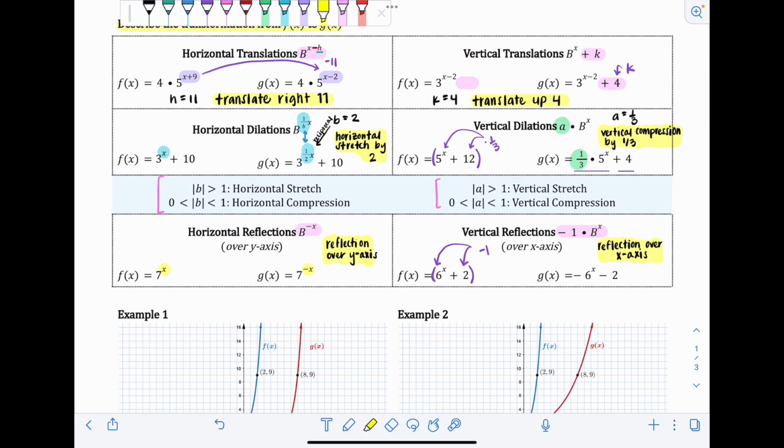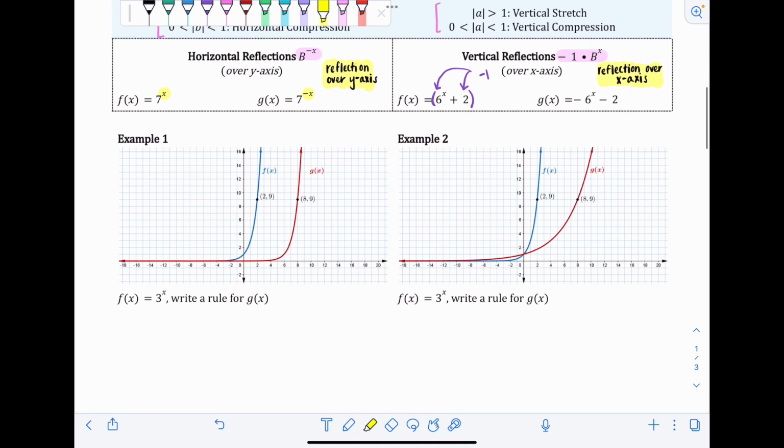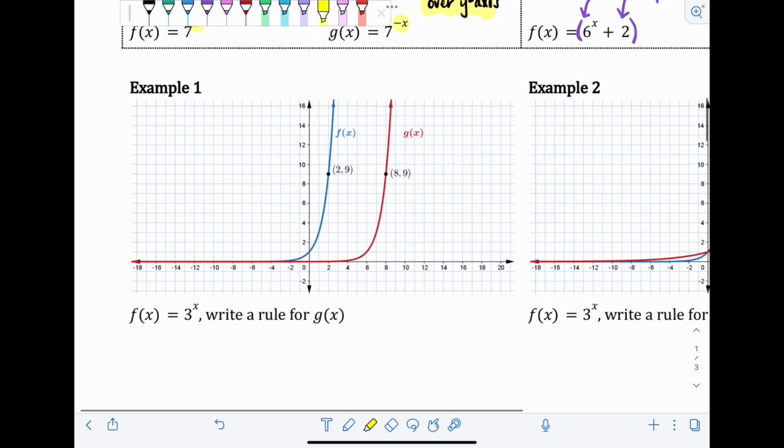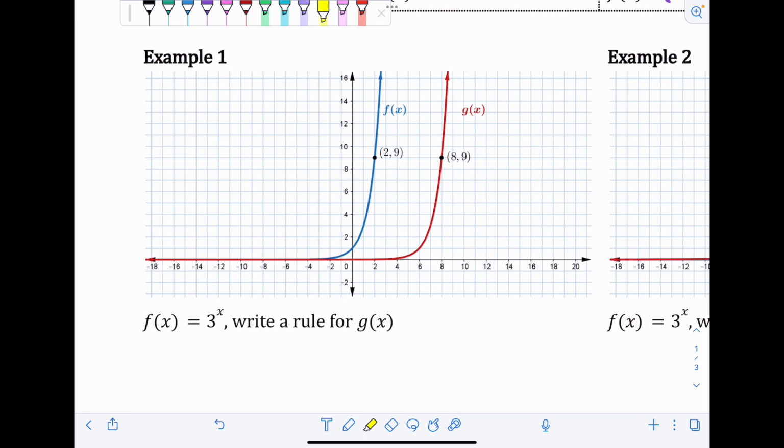Okay, so that first set of notes, if you wanted to refer back to the workbooks, go more with the first two, so like 2.1 and 2.2, and the next set of examples goes along best with 2.3. So example 1, and these examples are pretty much structured the same way, the graphs will just change a bit. So example 1, f of x equals 3 to the x power, we want to write a rule